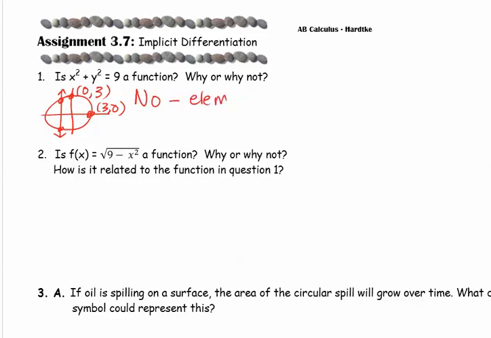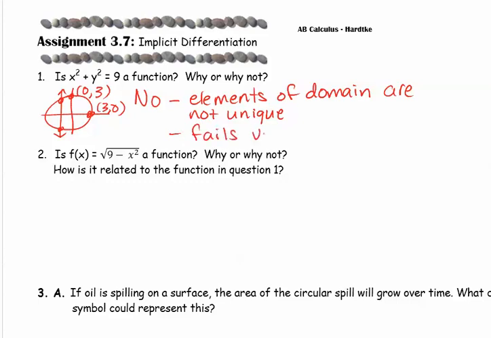Elements of the domain doesn't always have to be x's, but whatever our first variable is, elements of the domain are not unique. Might be one way of saying that. Fails the vertical line test is how you have probably been taught to practice that, so that would probably be acceptable. The second problem here, we do not have a plus or a minus there, so we only have the